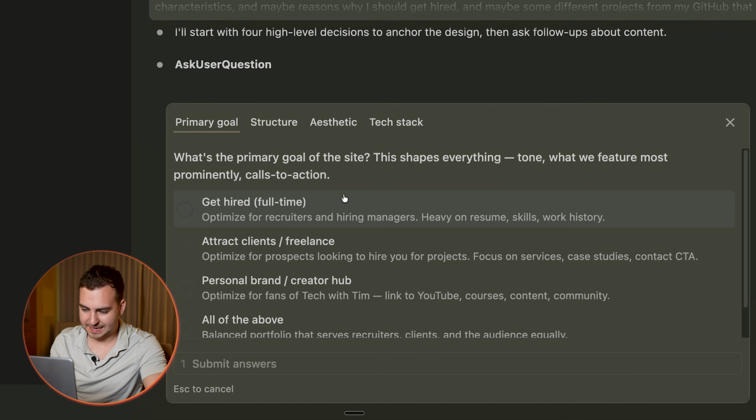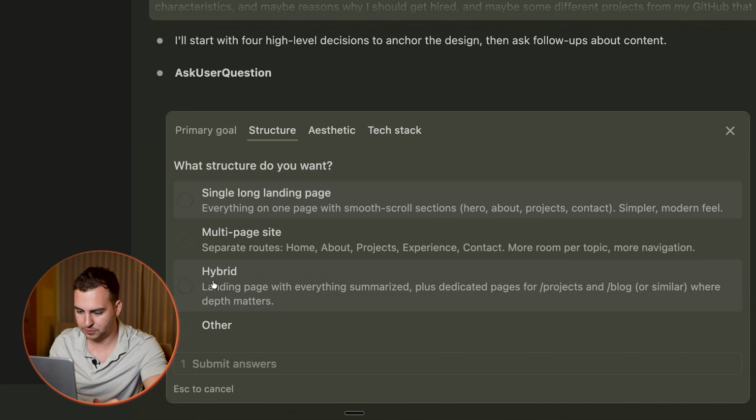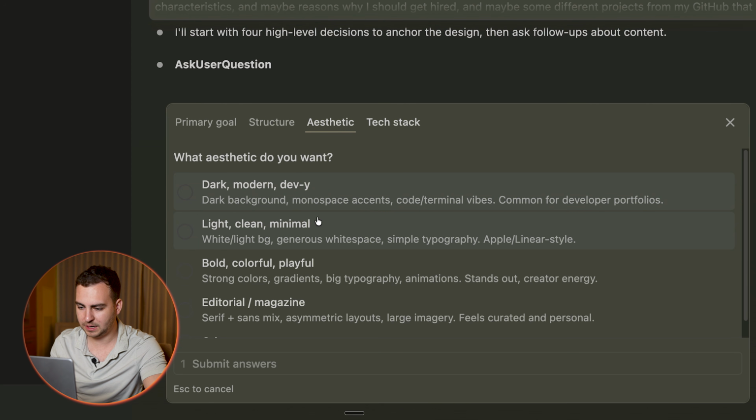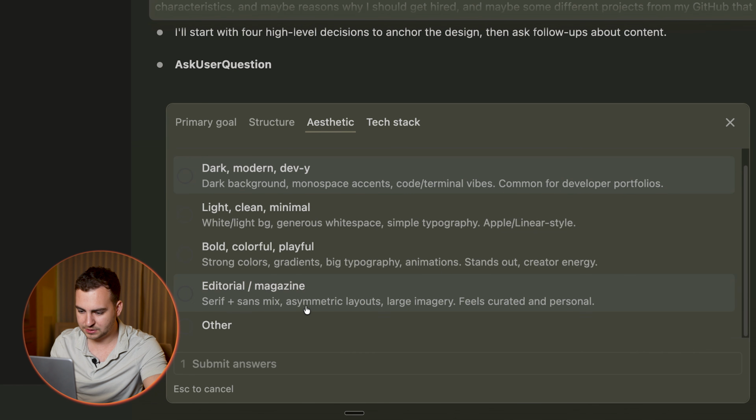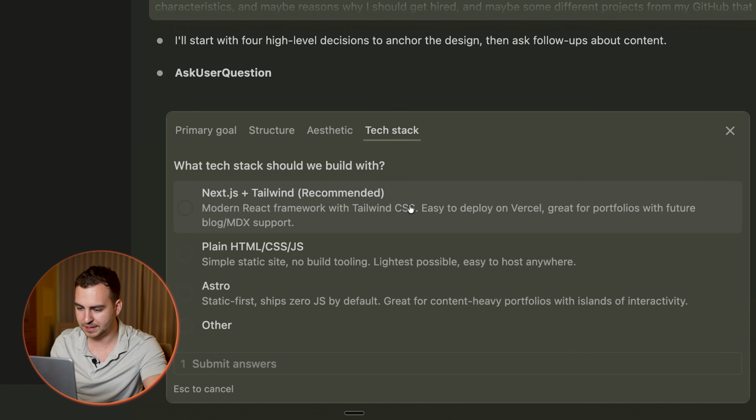All right, so we can see that it's asking me some questions here. It says, what do you want, attract clients, personal brand? Let's go with personal brand for this one. What's the structure? Let's just go with a single long landing page. What aesthetic do you want? Let's go with dark and modern, and then what tech stack we should use, and this is super